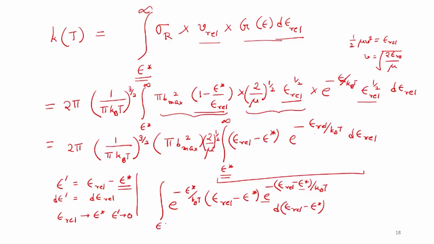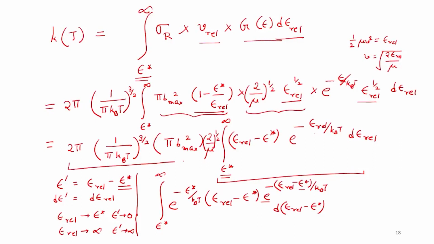So in that relative thing, if I just write it, then the lower limit will now be 0 in the next step, and when E relative goes to infinity, epsilon prime also goes to infinity. Now I have actually 0 to infinity limit, and then I can write this integral once again. So k of t